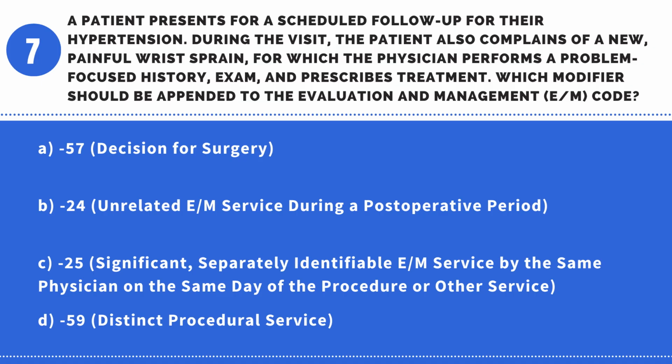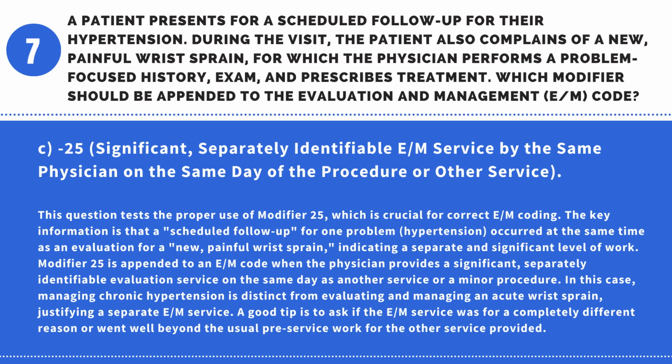A. -57, decision for surgery. B. -24, unrelated E/M service during a postoperative period. C. -25, significant, separately identifiable E/M service by the same physician on the same day of the procedure or other service. D. -59, distinct procedural service. Answer, C. -25, significant, separately identifiable E/M service by the same physician on the same day of the procedure or